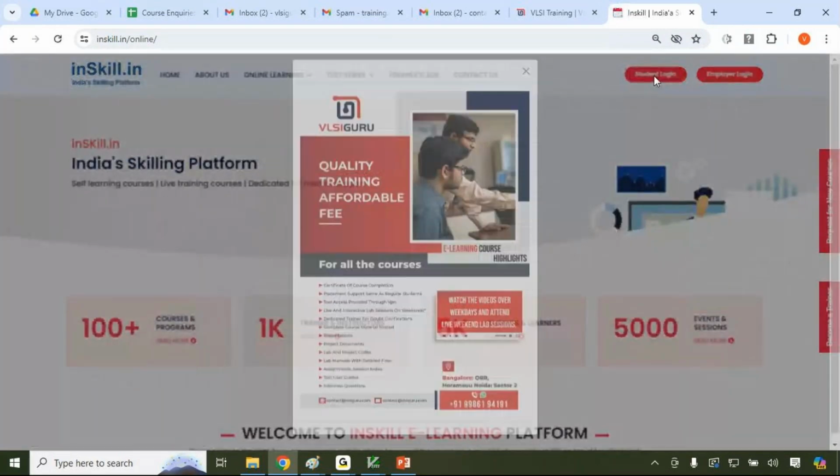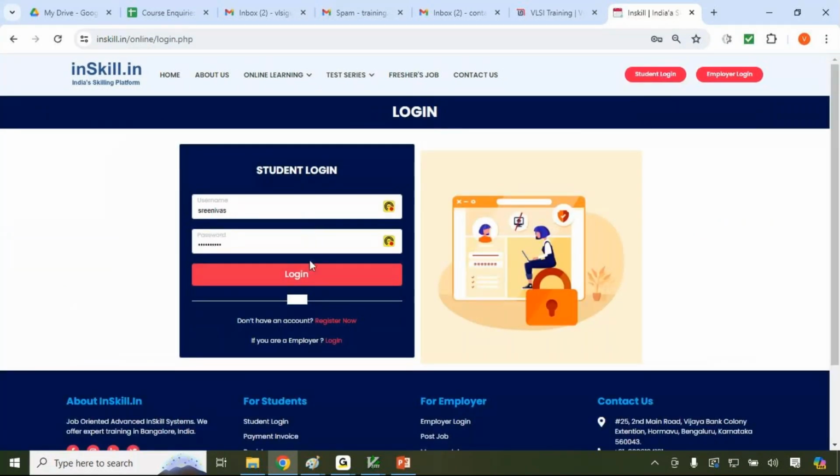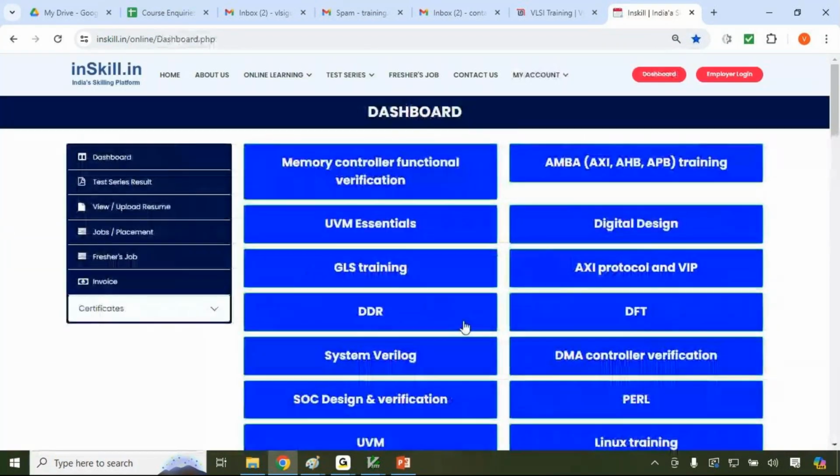Where you get the login. If I take Verilog for example,